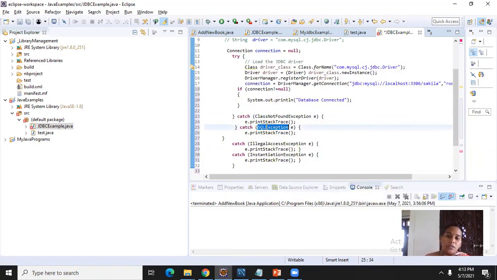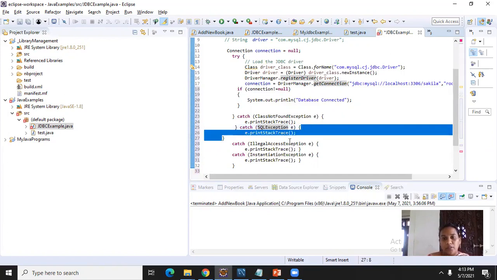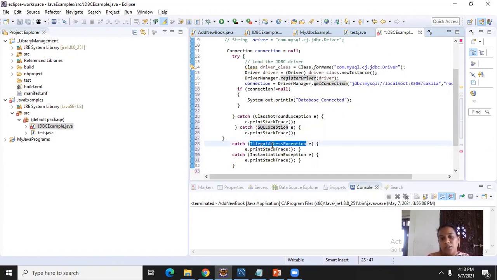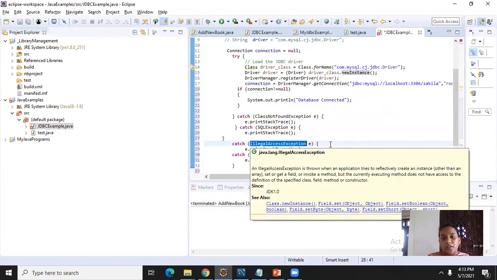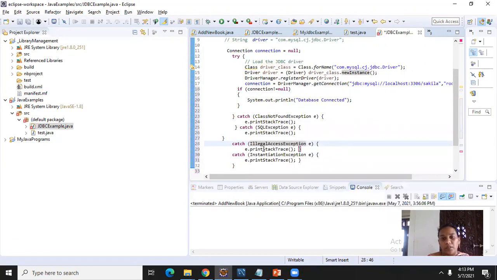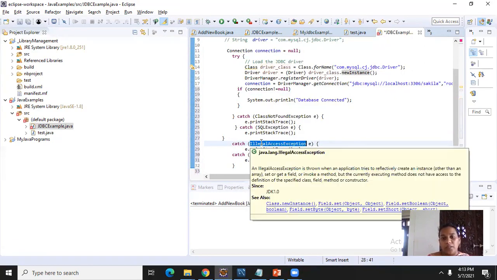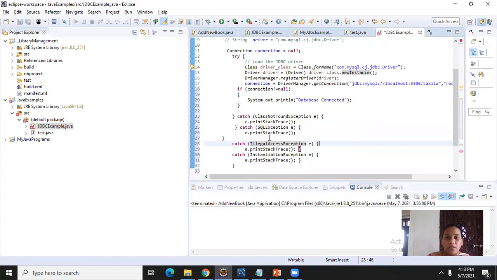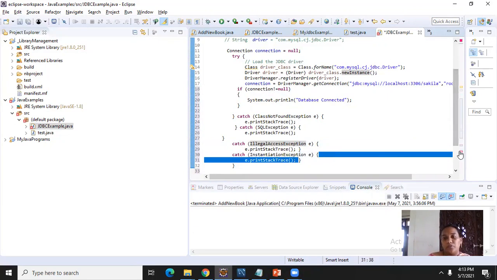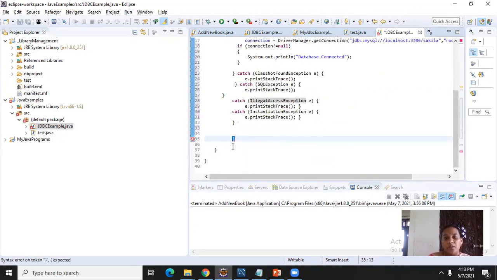Otherwise, once the driver is found, but I am unable to get the connection from the SQL, then I need to raise the SQLException. This is second. Once the SQL is also connected, but there is a problem with the database connectivity, I need to raise IllegalAccessException. If none of these cases apply, some other error, it will throw InstantiationException. This type of exceptions it will raise.